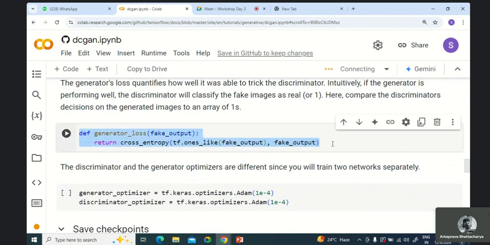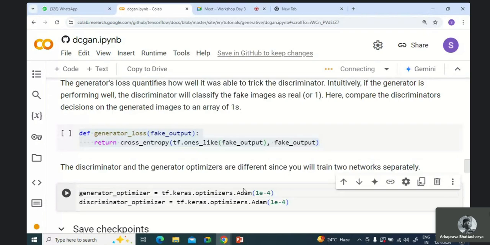जनरेटर सिर्फ क्या करता है, फेक आउटपुट जनरेट करता है। तो जनरेटर लॉस तो सिर्फ फेक इमेजेस के लिए ही हमें कैलकुलेट करना है, जनरेटर को रियल इमेजेस से कोई लेना देना नहीं है। तो हियर वी ओनली पास द फेक इमेजेस एंड वी कैलकुलेट द जनरेटर लॉस। एक्चुअली अगर हम रियल गैन्स में देखें तो जनरेटर का कोई लॉस होता ही नहीं है, जनरेटर डिस्क्रिमिनेटर के लॉस को ही यूज करता है। तो उसके लॉस फंक्शन का वैसे भी कोई मीनिंग नहीं है या कोई रेलेवेंस नहीं है। देन वी डिफाइन द ऑप्टिमाइजर्स।